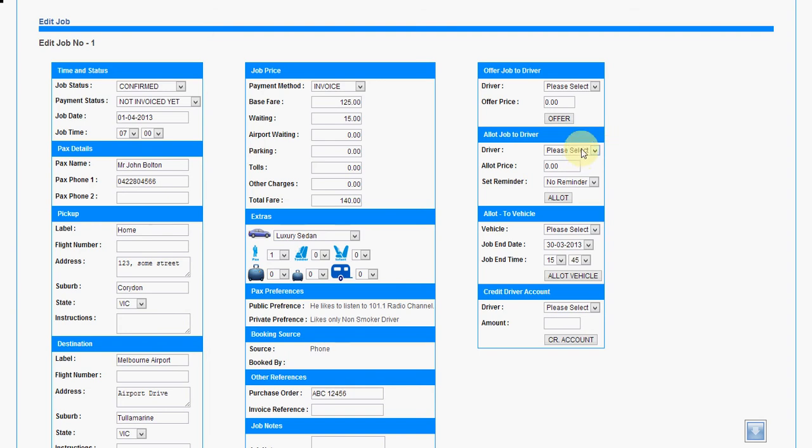If you directly want to allot the job to a driver without offering it, then we can always select the driver, put the allotment price, and also set a reminder time. So, say if we put a 1 hour reminder time, that means, say, if the job is at 7 a.m. in the morning on 1st of the 4th, then on 1st of the 4th at 6 a.m. in the morning, the system will send an email to the driver asking whether the driver is awake or is still sleeping, and within 5 minutes, if the driver does not